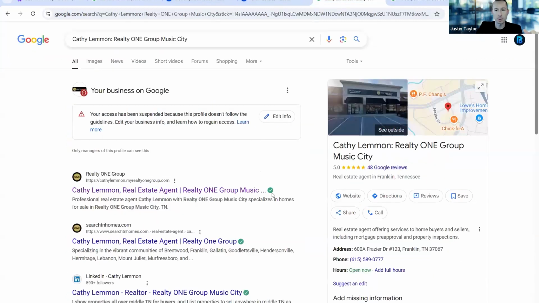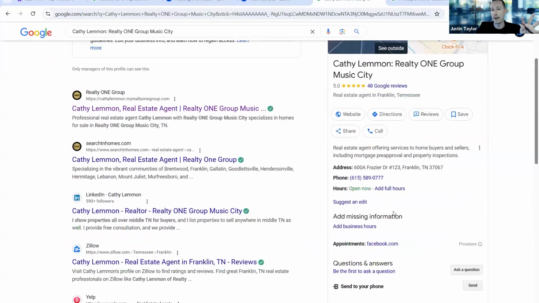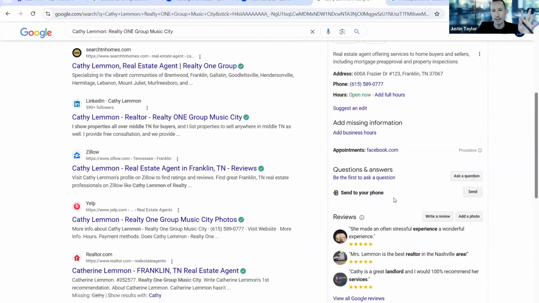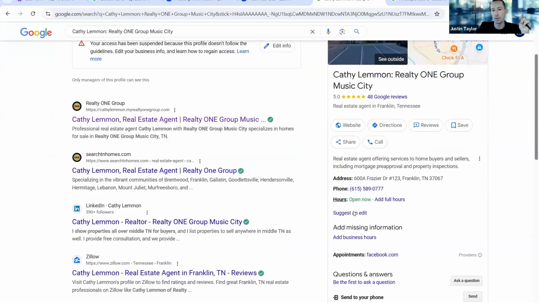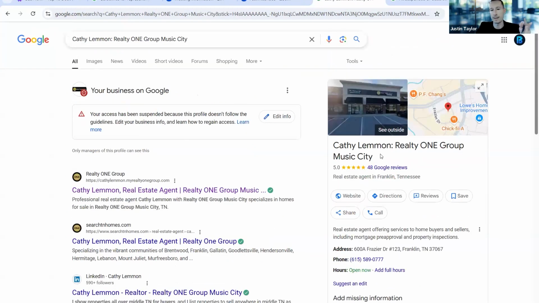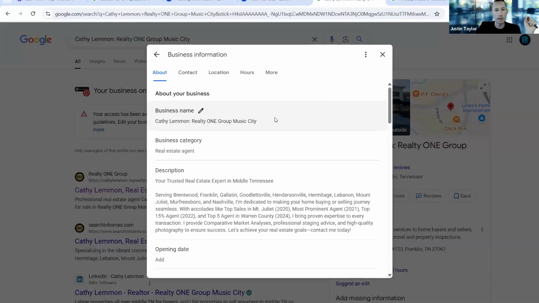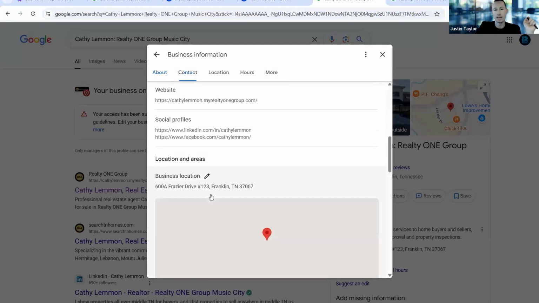So that's what you want to do, but you want to take a look at your profile and just double check, based on what I've learned, what could it be? Is it something in my business description? Is it the name? Is it whatever it may be? You want to double check all that first and then edit. They do allow you to edit, in most instances, the basic information that would cause that suspension.